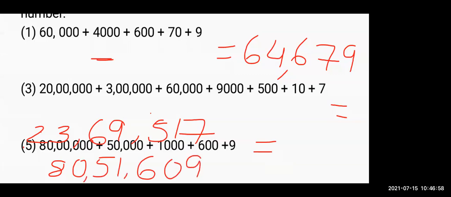So your final answer should be 80,51,609. What have you people done? You have missed out the 0. 0 का जो place है, how did that 0 come? Because there are some numbers we have not given, missing numbers, so in that place you have to write the 0. That missing 0 is not there in your answer. So you people have made a little mistake. It should not happen again. Whenever any numbers are missing, in that place you have to put 0.